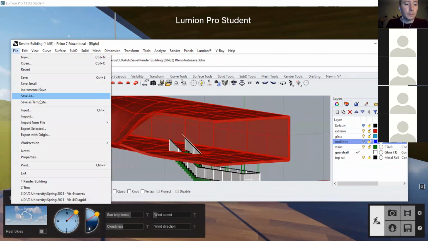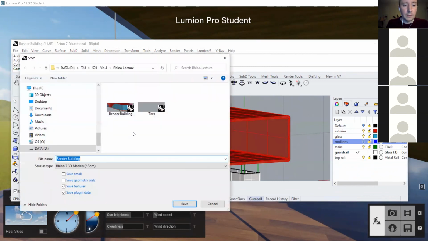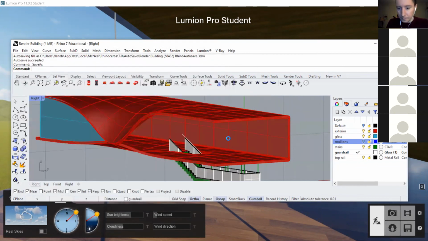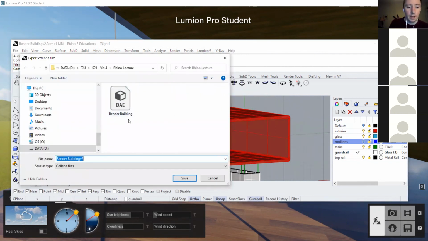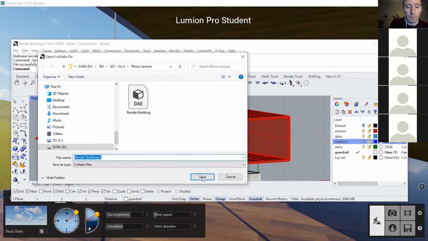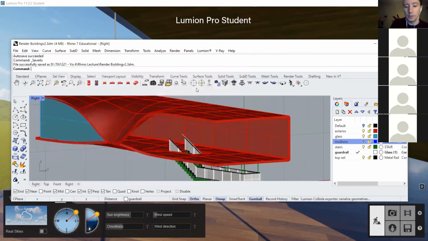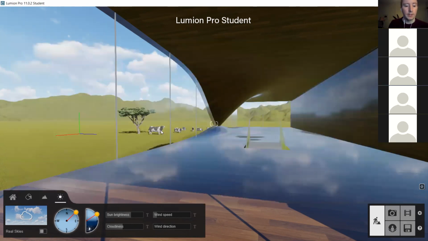So let's save as, I'll save this as something different. Rendered building V2. And I will export this again, export my Collada file again. And I will save it in the same general spot. So I'll just save this, but I'll save it as a different name, right? So I can save as V2. So I'll save that, export there. And I come back out into